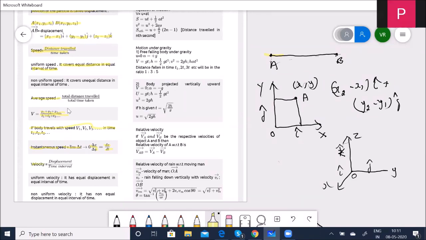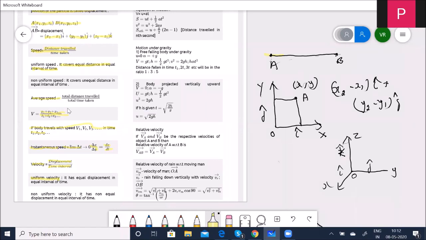Now, next, let us come to the velocity. Yesterday also I was mentioning velocity, when I differentiated between the scalar quantity and the vector quantity. Speed was the scalar quantity and velocity was the vector quantity. Speed was distance traveled by time taken, whereas velocity is displacement by time taken. That is why it is a vector quantity: displacement is a vector quantity, so velocity also becomes a vector quantity.